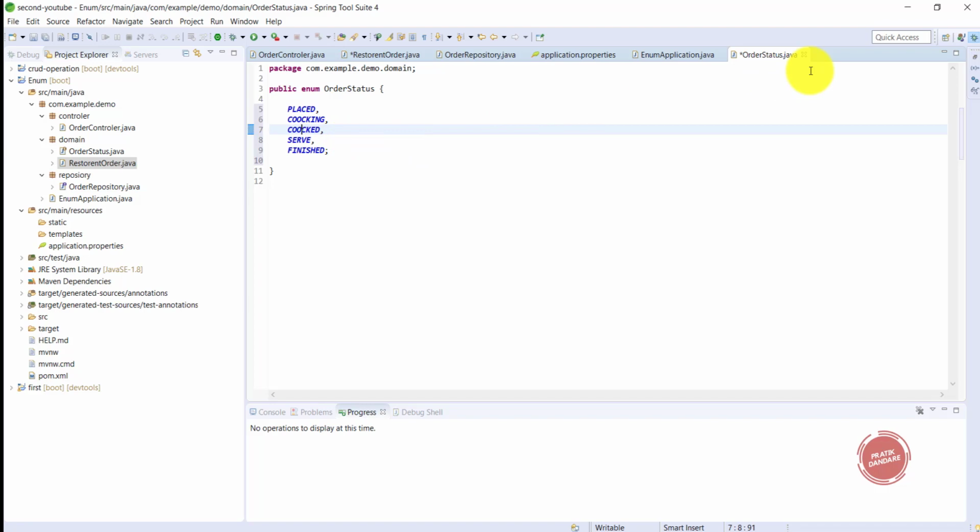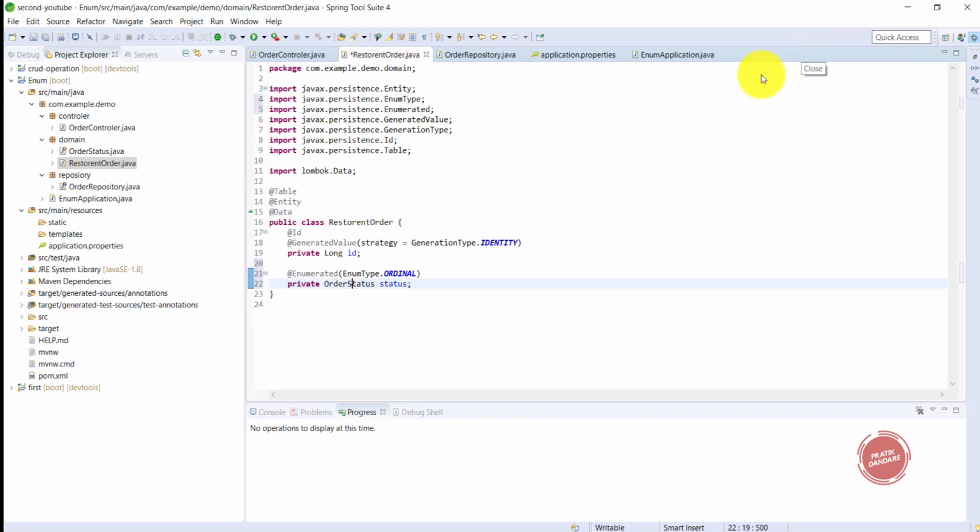But using enum type as ordinal is a bad habit, because at some time your enumeration, the enum class, may get changed. Suppose someone just added one entry in between the enum. What happens at that time? The sequence of order is changed, and once the sequence is changed, your entries inside the database are not usable, because no one knows the actual sequence of the enum. So we always use enum type as string.